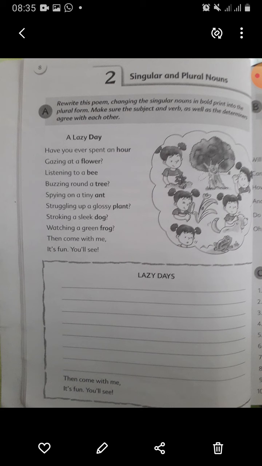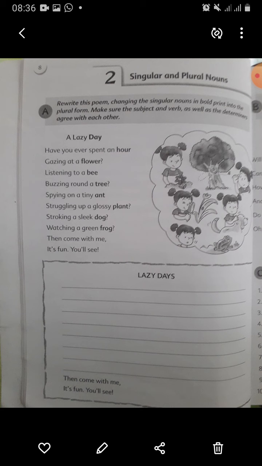The first one is singular, an hour, and we have to change it into plural: have you ever spent hours? Gazing at a flower becomes gazing at flowers.